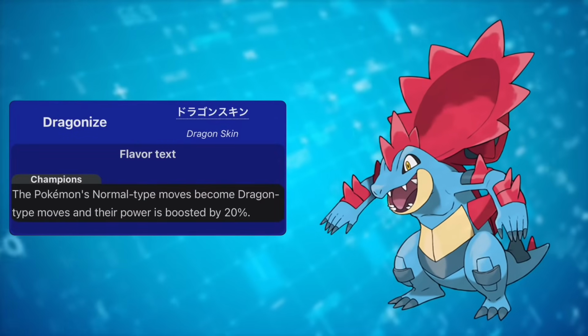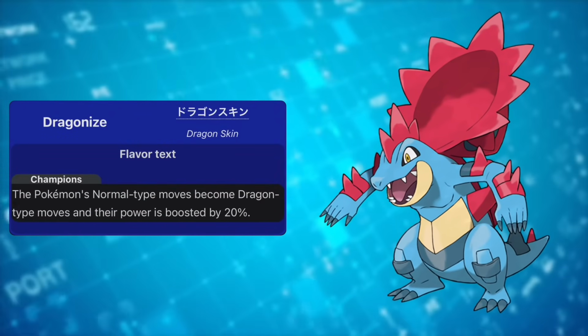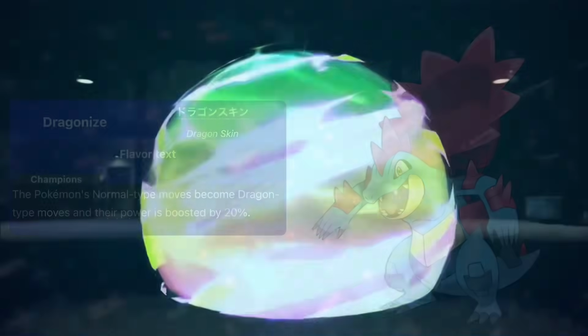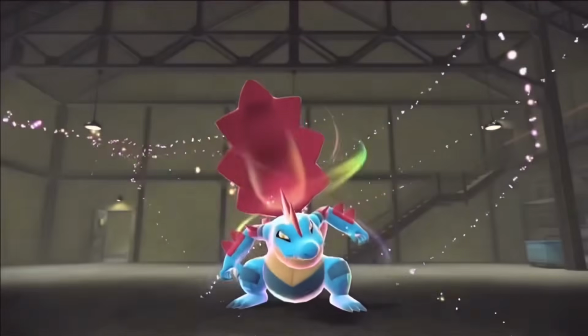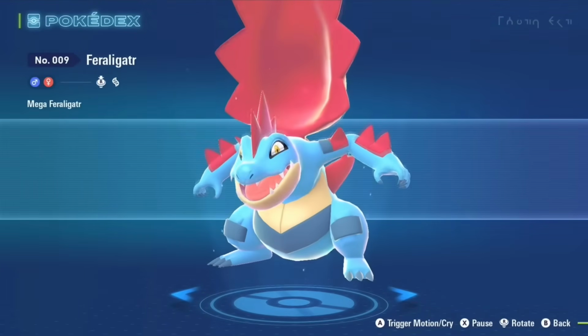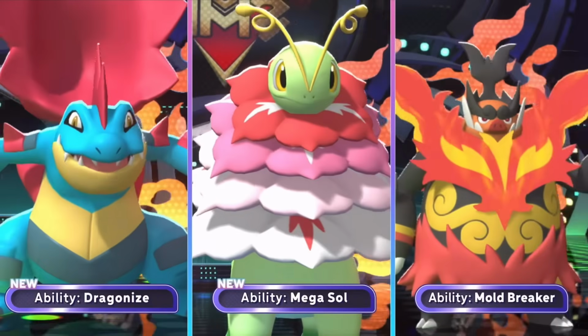Then there's Mega Feraligatr with another brand new ability, Dragonize. This is one of those abilities that changes the normal type moves into a different type, this time being Dragon, and I think that's really a cool idea with how Mega Feraligatr becomes a Dragon type and has, you know, the giant mouth closing in on everything. Though overall I feel like Sheer Force might have been a bit better, so we'll have to see how things play out. But as a giant Feraligatr fan, I think it is really cool that it has a signature ability